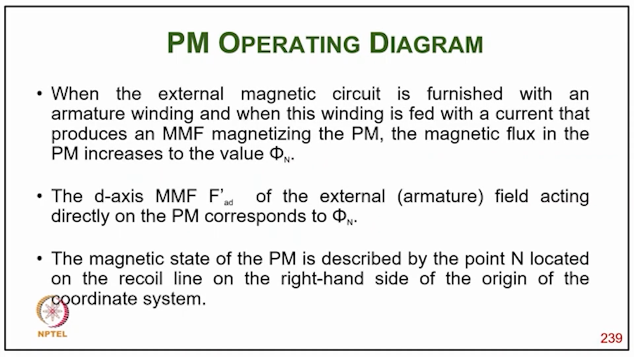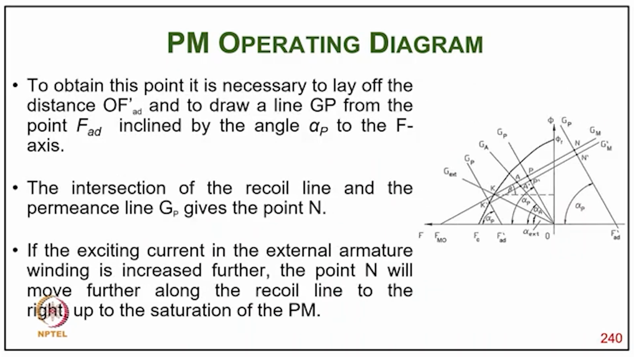where the external magnetic circuit is furnished with the armature winding, and when this winding is fed with a current that produces an MMF magnetizing the PM, the magnetic flux in the PM increases to the value phi n, and the d axis MMF Fad of the external armature field acting directly on the PM corresponds to phi n. So, the magnetic state of the PM is described by the point N located on the recoil line on the right hand side of the origin of the coordinate system. Typically, to obtain this point it is necessary to lay off the distance OF dash and to draw a line Gp from the point Fad inclined at the angle alpha p to the F axis, and the intersection of the recoil line